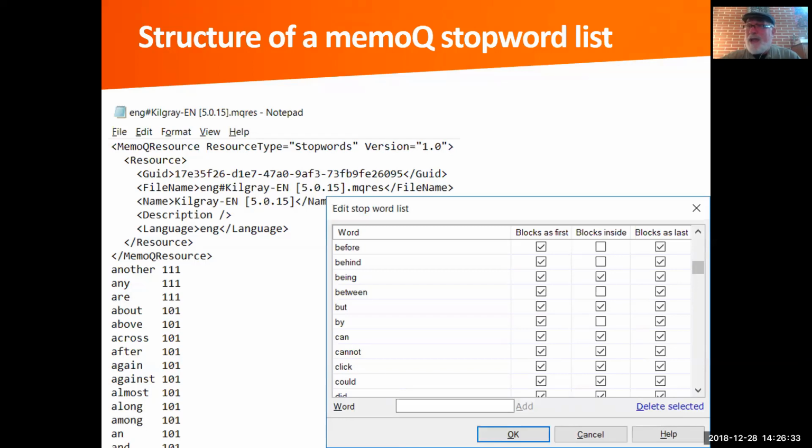Now, when you're adding a list of words that you might have from the stopword lists that I provided or from other sources, the default setting will be that these words will not show up anywhere. So if you're an expert, for example, in Bulgarian, and you use a Bulgarian stopword list to start your own list, you might want to go through and mark the terms